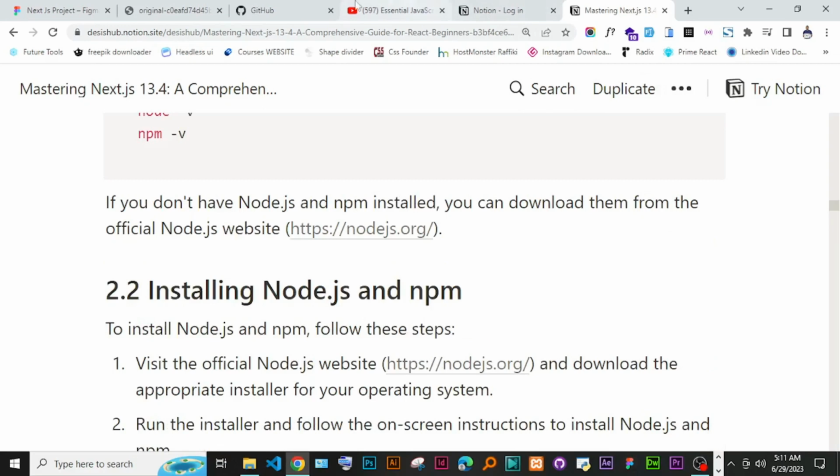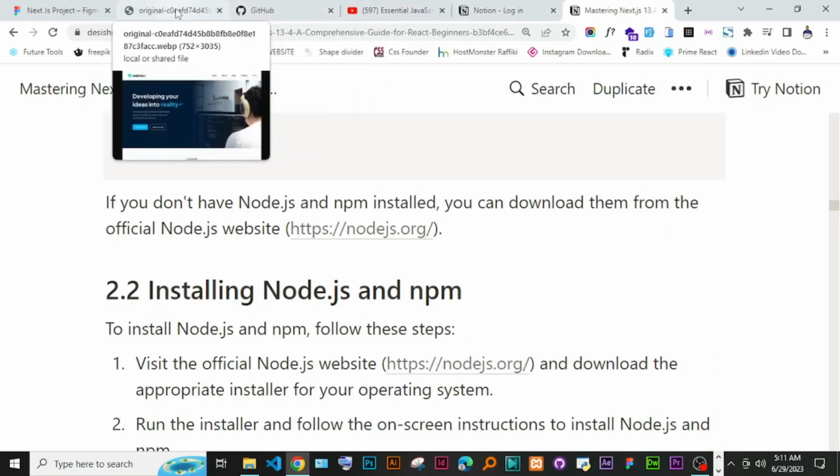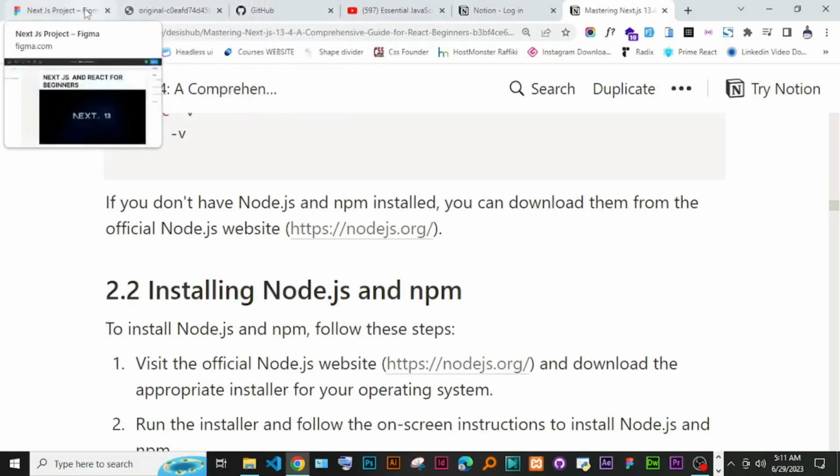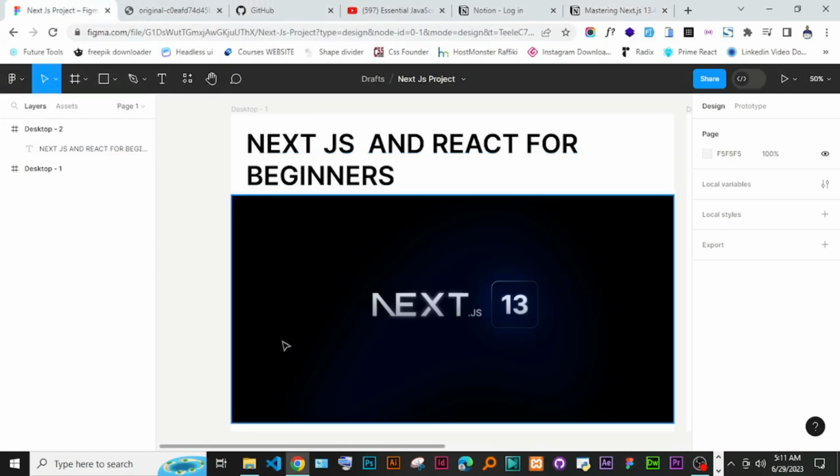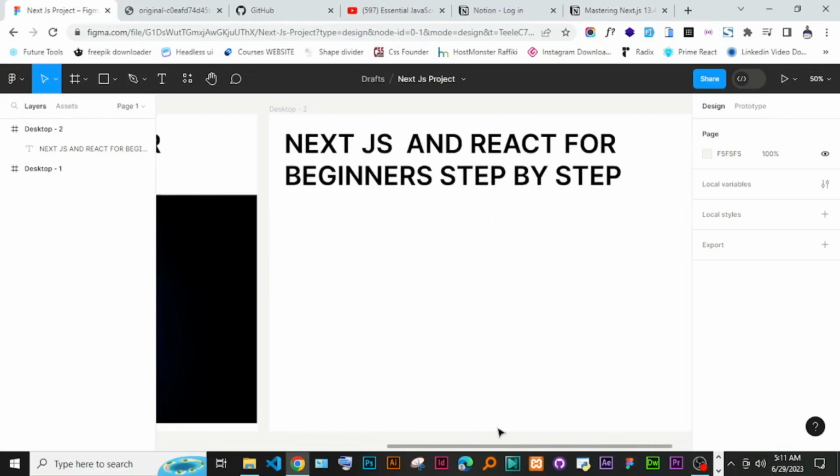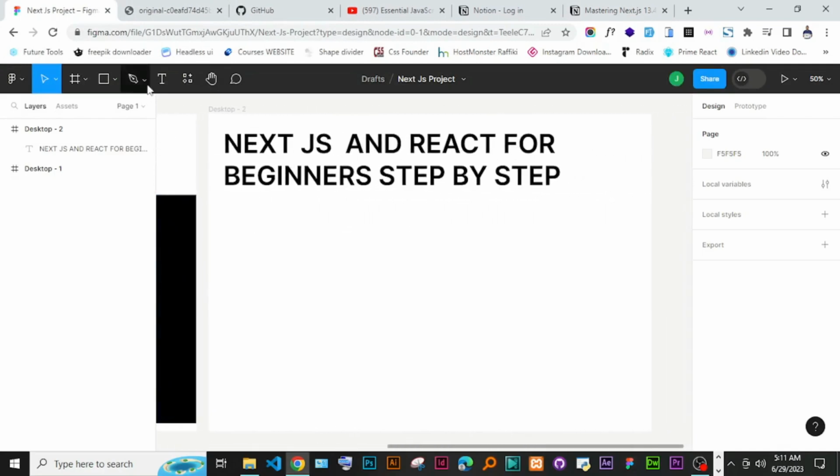Okay, so let's dive into our project and start. We are going to be looking at it step by step. I'm just going to go onto this screen where we'll be writing my steps. So the first thing